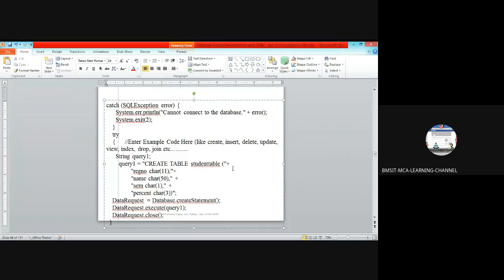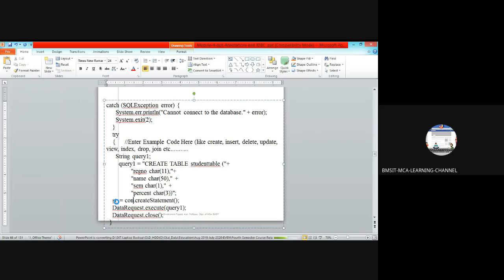It is difficult to write in a single line, so you write it in multiple lines. So create table student table, register number, name, semester and percentage, and here statement object st equals connection.createStatement. You have created a statement object.